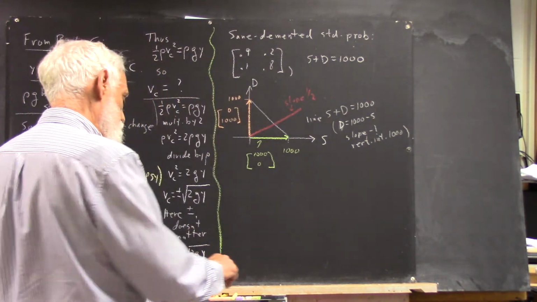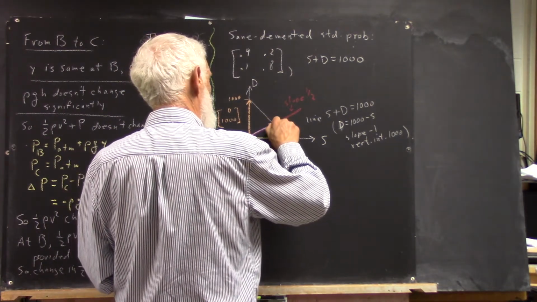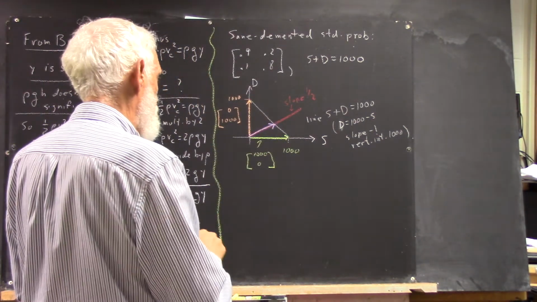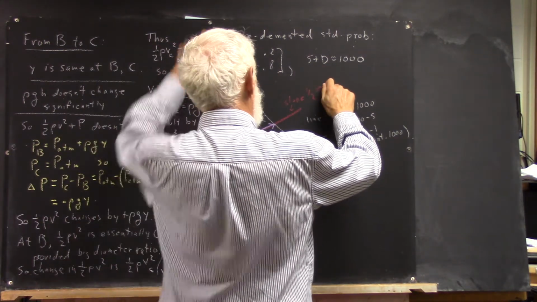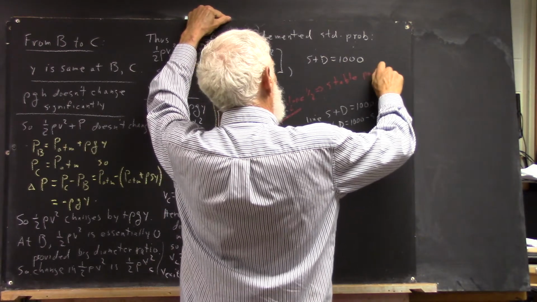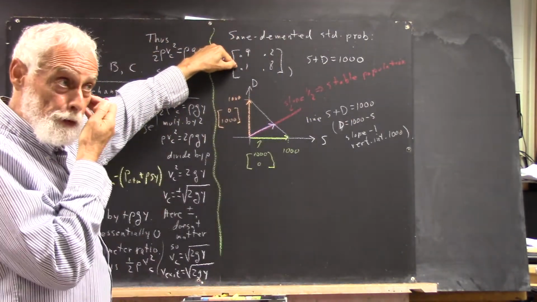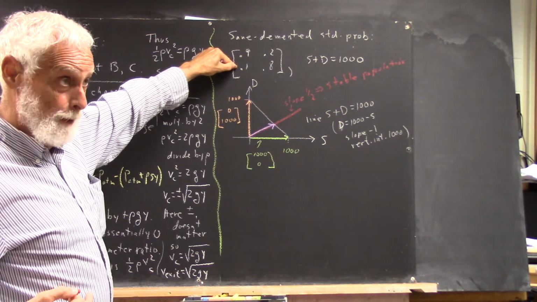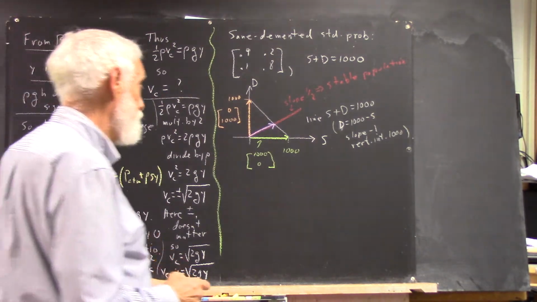So we have this stable population vector, such that if you multiply by this matrix, you get the same vector that you started with. Okay? And that means, of course,